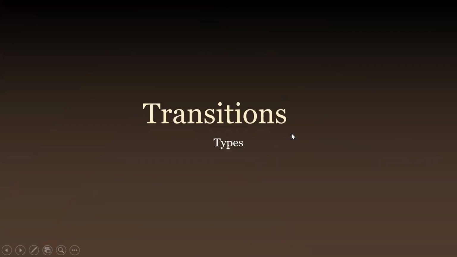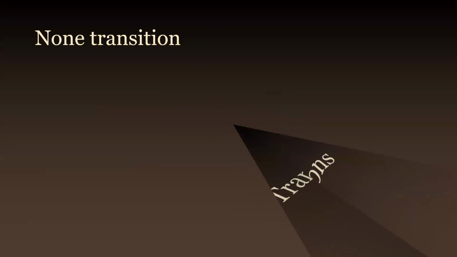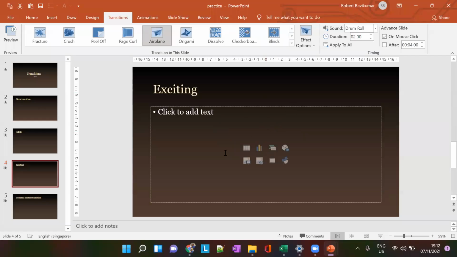See, we don't hear the coin sound anymore. So we are hearing the drum roll sound. So it's a different sound. But you remember, right? We chose only the third slide to apply the drum roll. But when we clicked apply to all, the drum roll sound effect was copied to every slide here. So this is how apply to all works here. The effect will be copied to every slide.